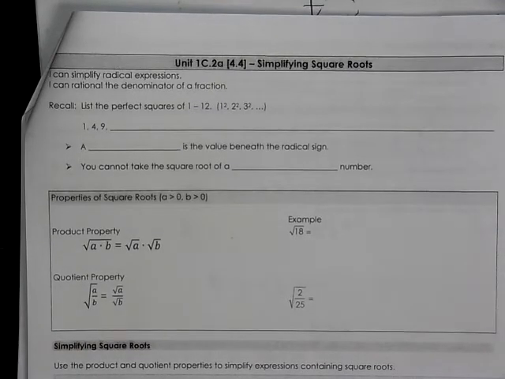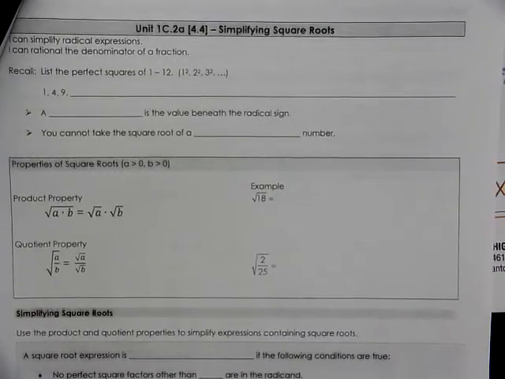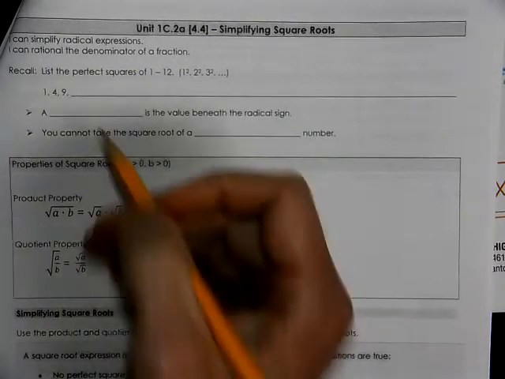This is Algebra 2 and Trig, Unit 1C, Point 2a. We're simplifying square roots. What we want to do is look in here and write down our factors, our perfect